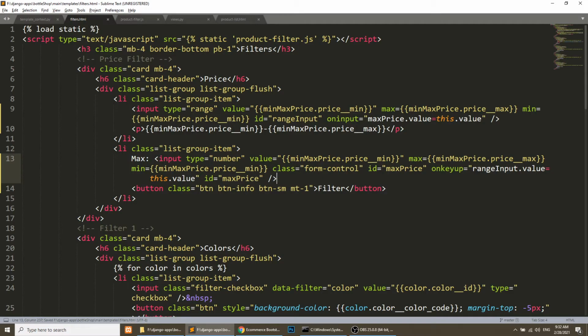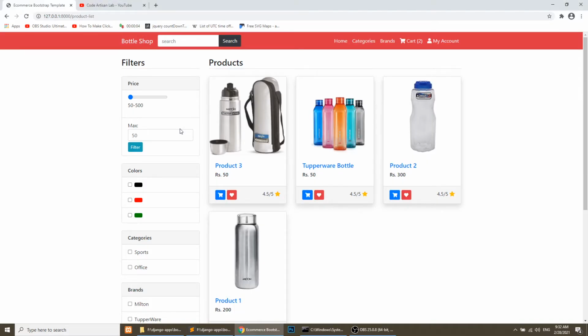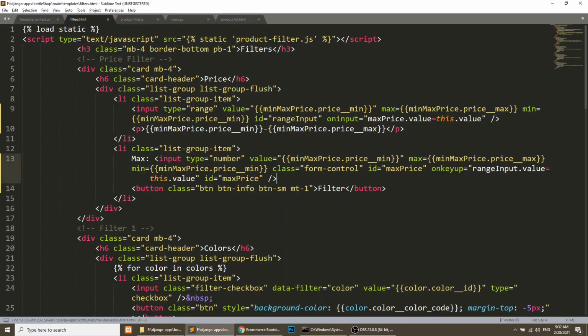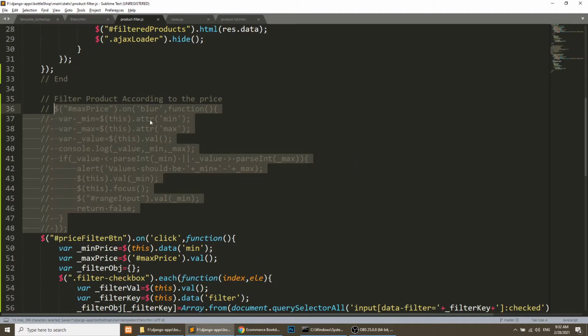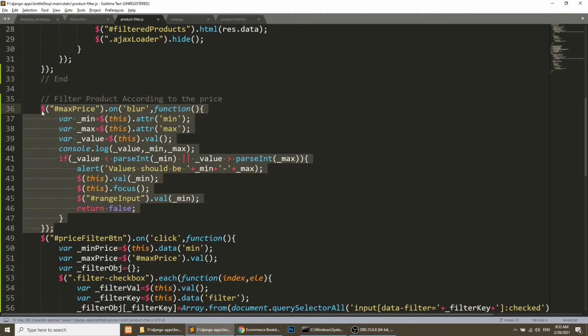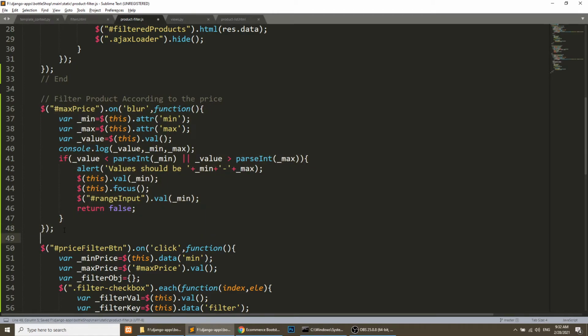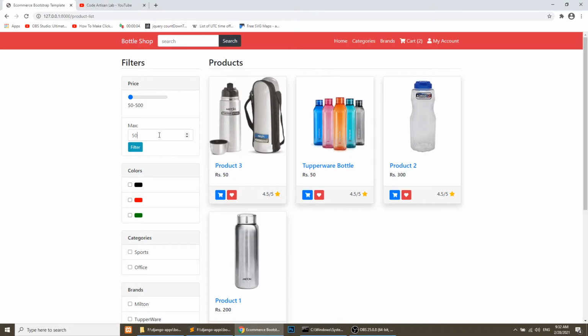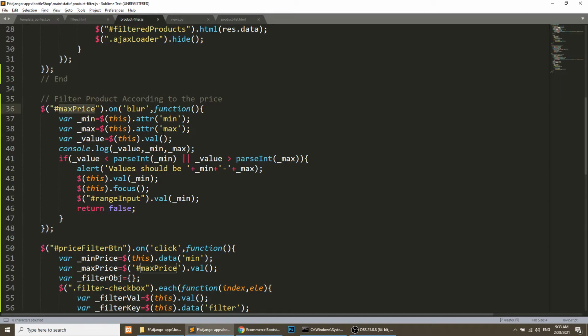So we will use the blur function. Okay, so we can use the blur function. So I will go to here, and here you can see I have implemented this. So when the user blurs on the max price, it means when the user has typed and then goes out of focus on this, then I will get the minimum and maximum value.